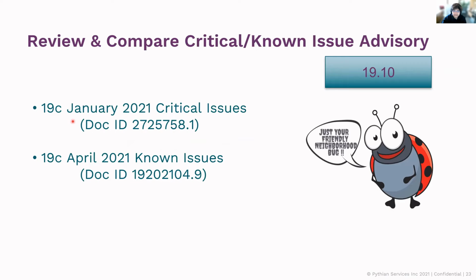Every patch has an advisory associated with it. For example, this is April, January, you'll find an advisory associated with every release. Look it up. Don't forget about the advisory. Look up the critical issues. Now, these advisories can get overwhelming for a bit. I mean, you literally feel like it's a doomsday situation where, if you find 15 or 16 bugs, you keep thinking, okay, I might hit that bug, this bug.